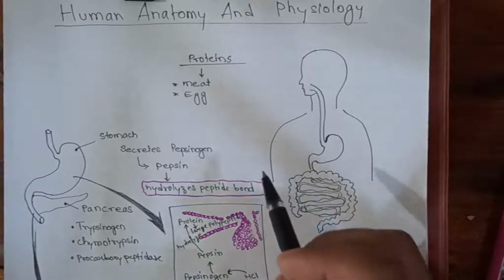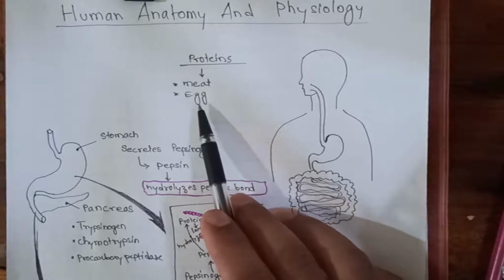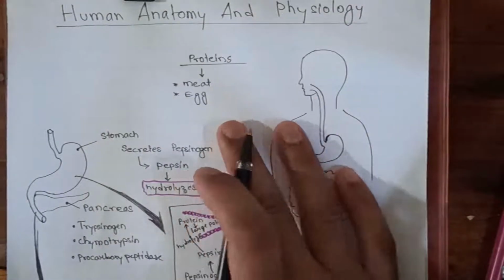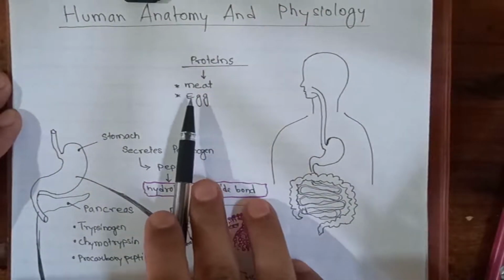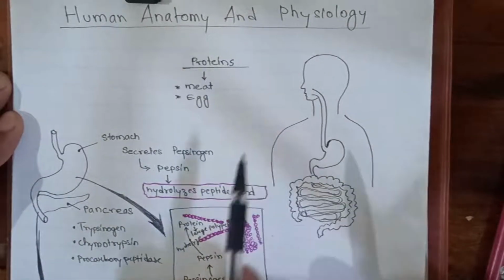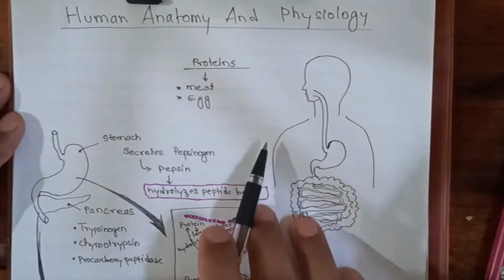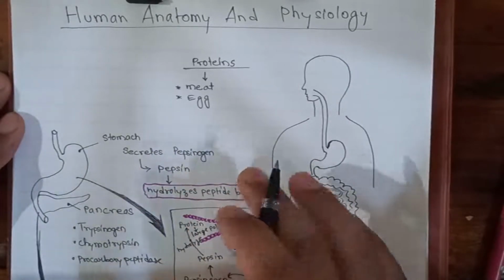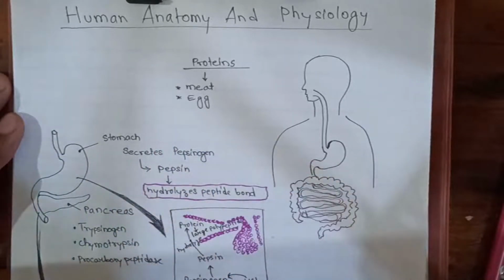Okay, so a good source of protein is mainly found in meat, egg, and some beans. So this type of food contains high protein. If we look into this meat and egg or high protein food, they contain amino acids. They are basically chains of amino acids. The proteins have an amino terminal, which is the amino group, and they have a carboxyl terminal where the carboxyl group is.